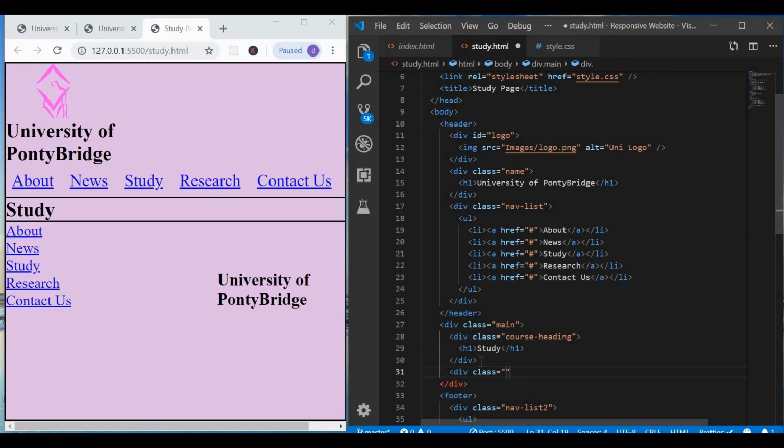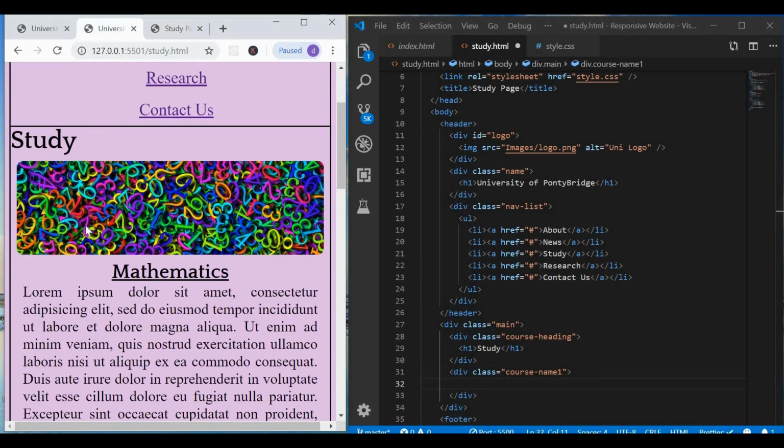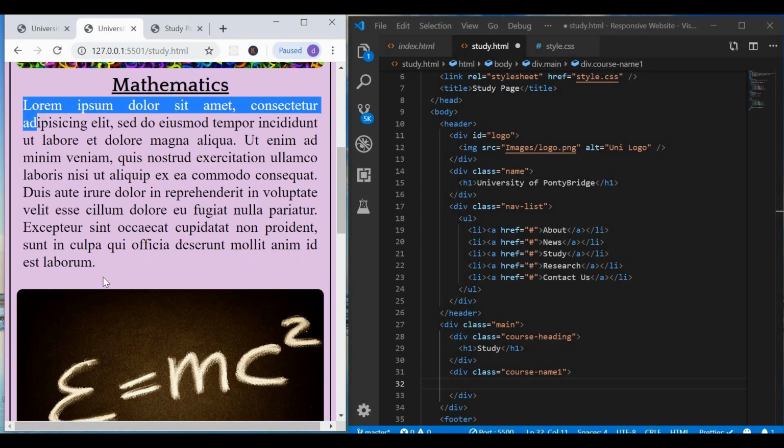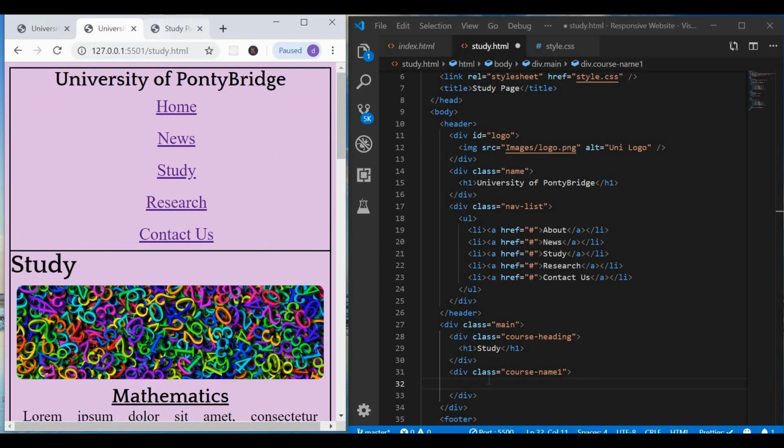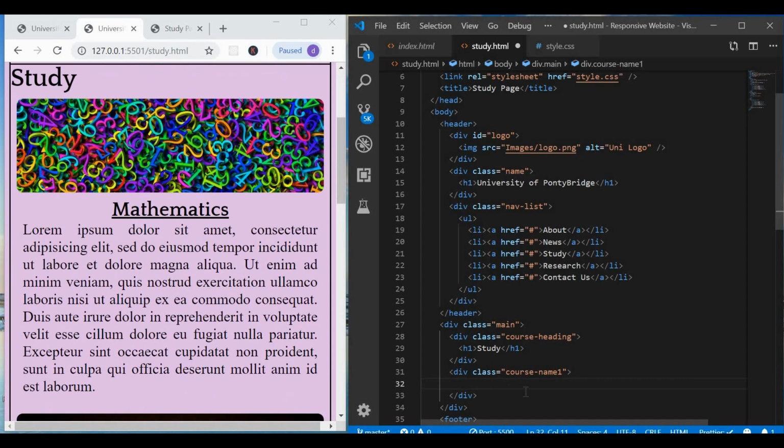Next we will go outside of this course heading and we will create another div with a class of, let's say, course name 1. So in this we will have this image and this heading mathematics and some text. So we'll create three divs like this, course name 1, course name 2, course name 3 maybe. So let's start with first div. So first I'll add an image